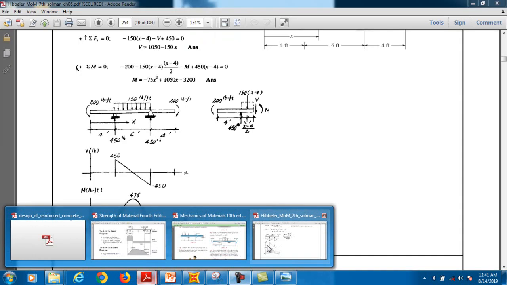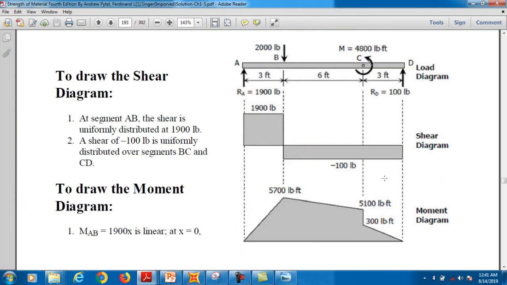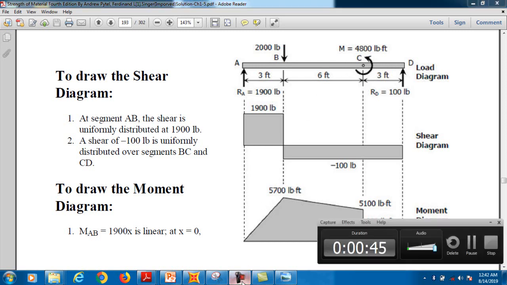Today inshallah we will continue our new lecture series, that is designing and analysis of simply supported beam. In the previous lecture you saw how we analyze different overhang beams. There may be singly overhang and doubly overhang, and for different types of loading: the loading may be moment, UDL, or point loads. Clear? So basically here we are going to analyze the